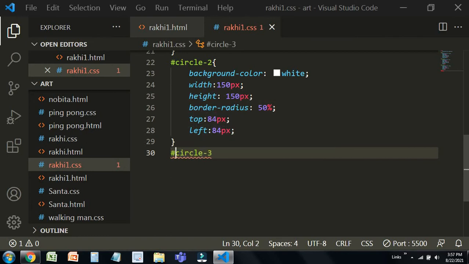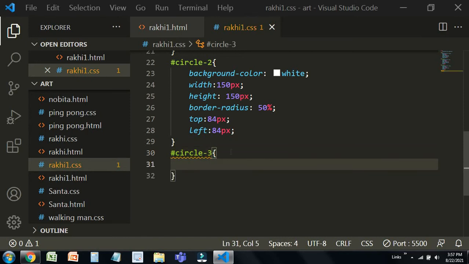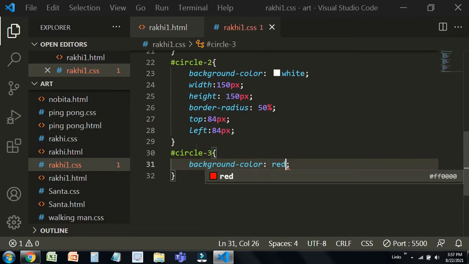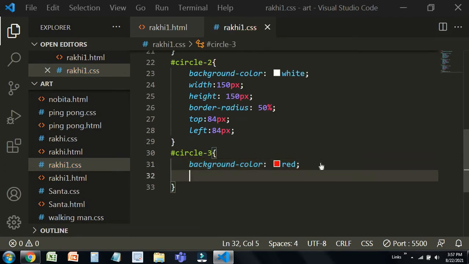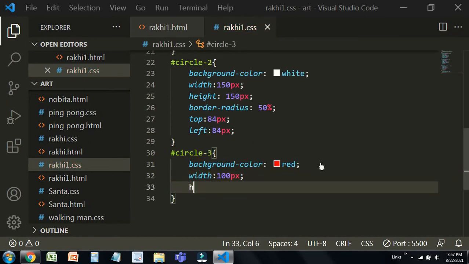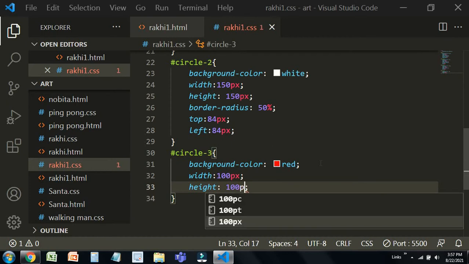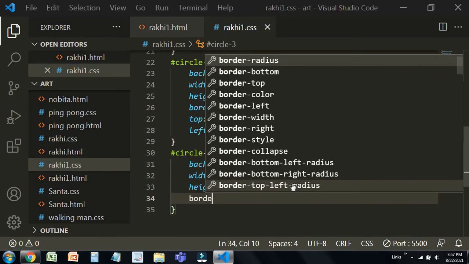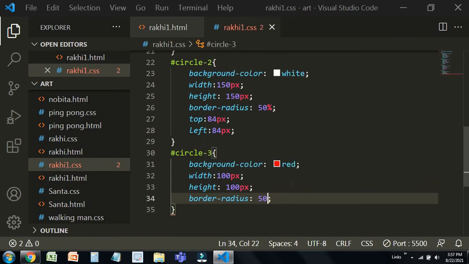If you're assigning them with a class, remember you need to use a dot, and if you're calling them with the dot, they'll work, and if you're giving them an ID, then use the hashtag to call them. Then background color needs to be red, and width 100 px, height 100 px, and border radius 50%.